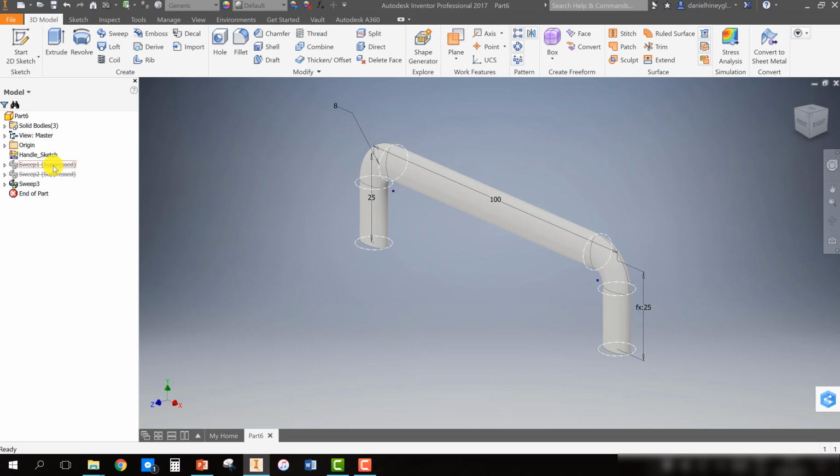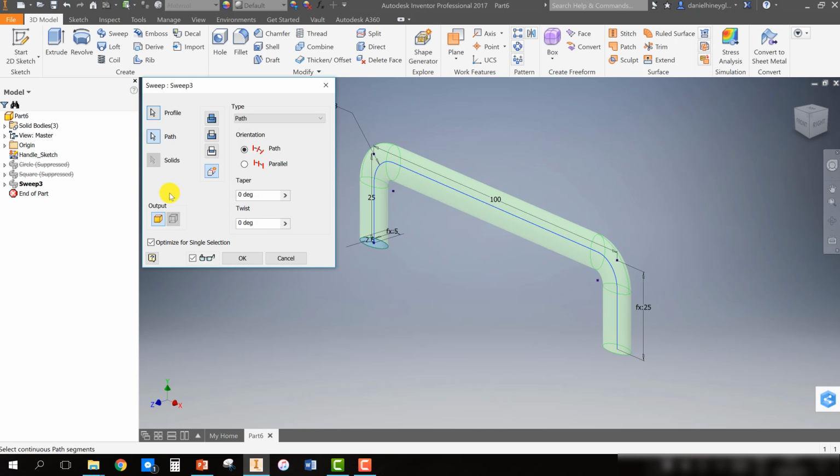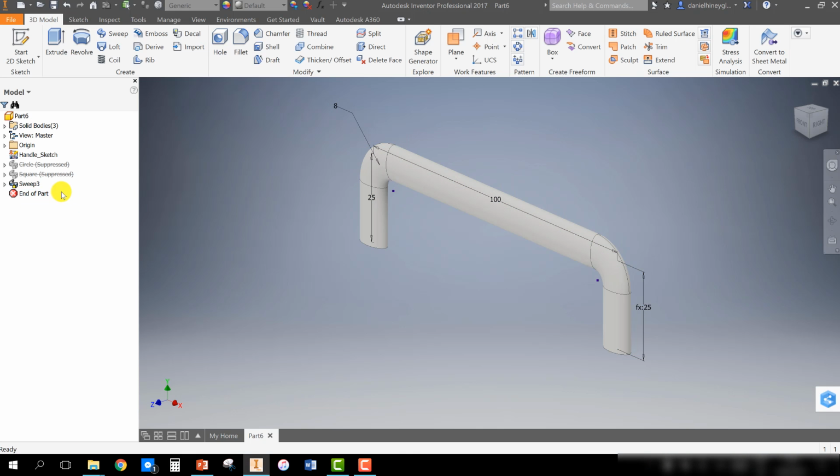Next thing we want to do is rename our sweeps. So the first sweep was a circular sweep, so we're going to go circle. The second sweep was a square, so we're just going to call it square. And the third sweep, we're going to call this one ellipse,